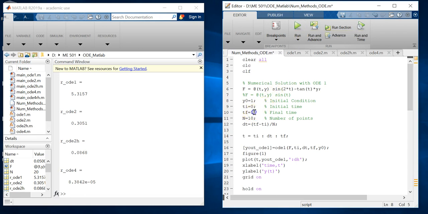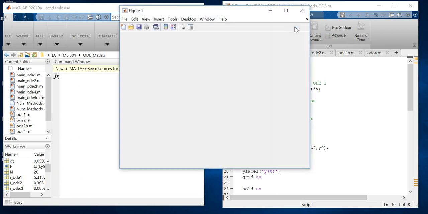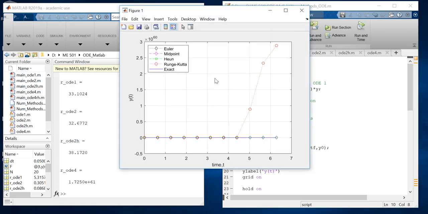T final, let's say, would be equals to, I mean, it really doesn't matter which value we put, 2 times pi, and see what happens. Oh, that's not too good. Okay, so maybe let's go a little bit less, because this one is diverging, which makes this function here to look